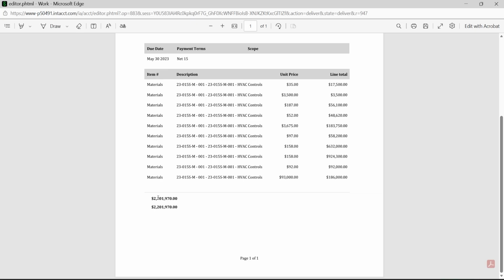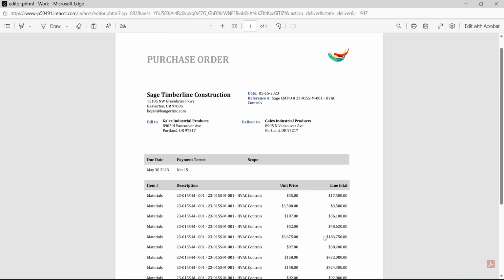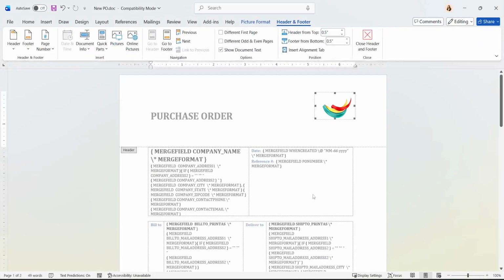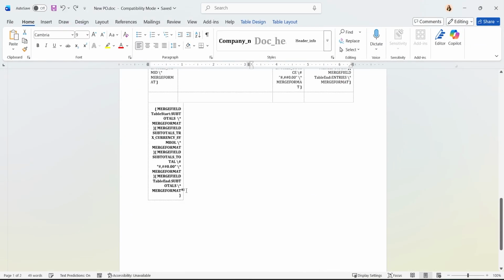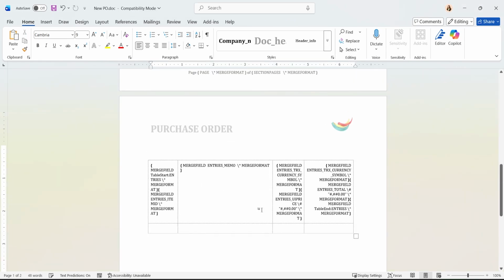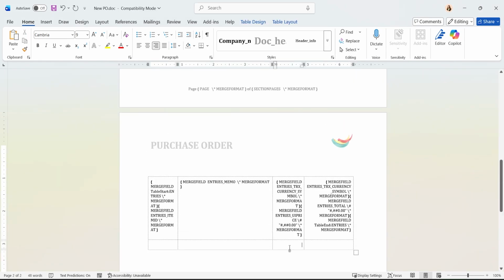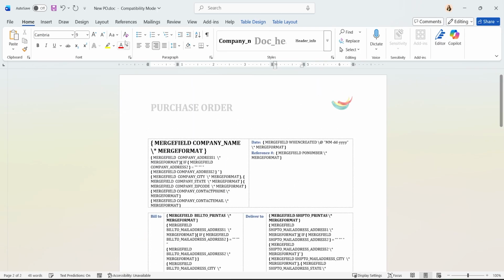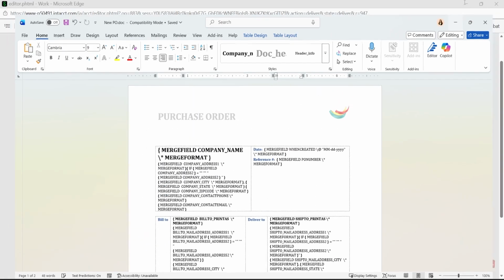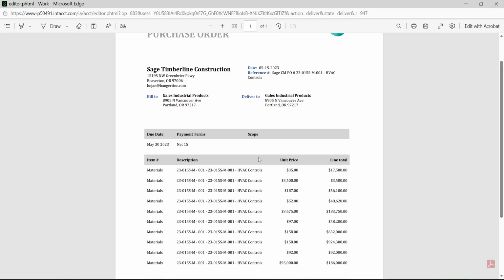I don't need subtotals. It was on the original Sage form, so I'm going to delete my subtotals out. So you can just remove this whole table. If you're doing sales tax, you will need that subtotal section. So I'm going to resave. And I want to show you where to enter the scope.